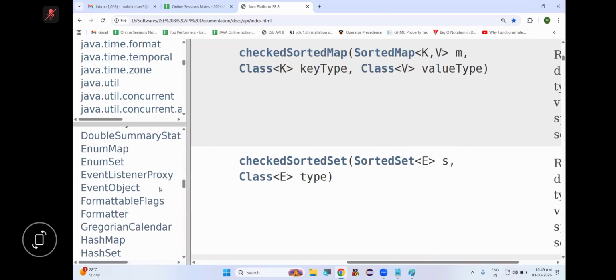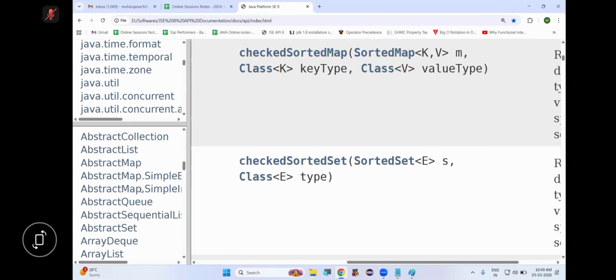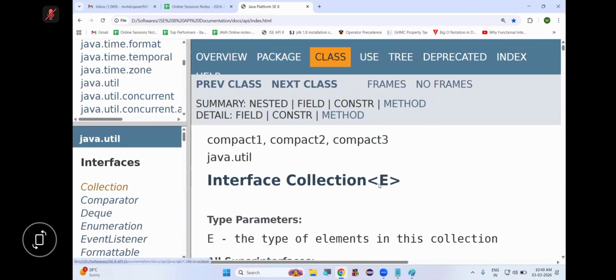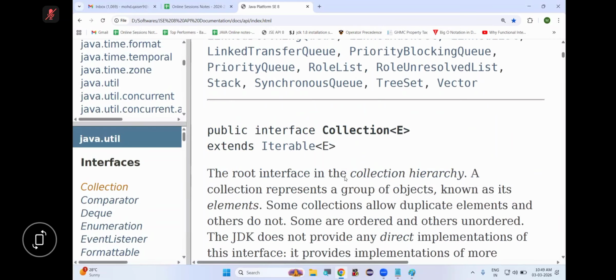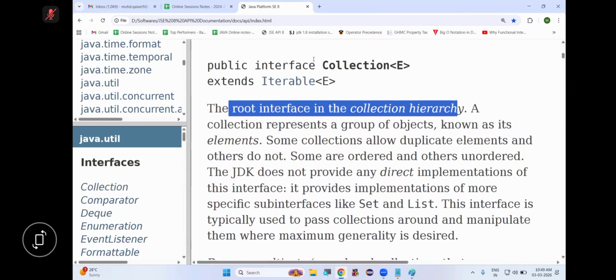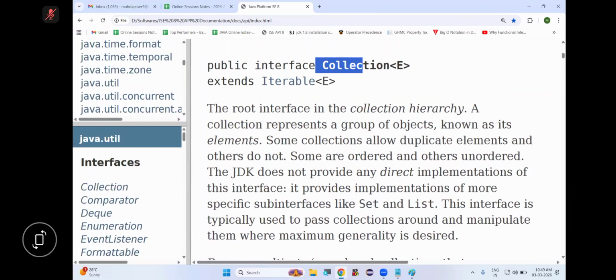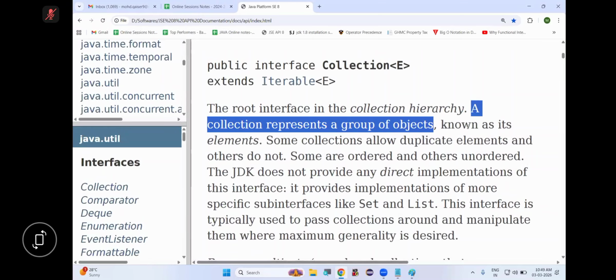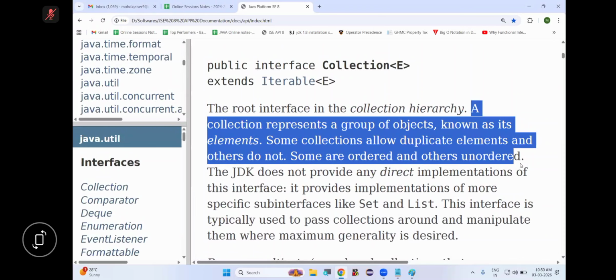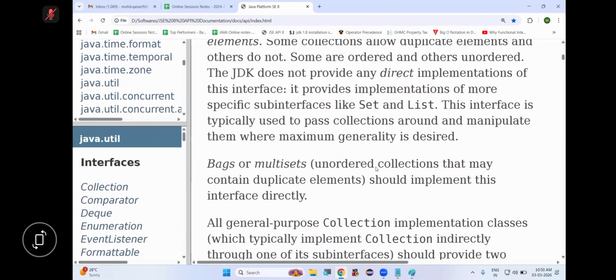Shall we? So go to collection interface in java.util package. Collection is an interface. The root interface in the collection hierarchy is collection interface. A collection represents a group of objects known as elements. Some collections allow duplicates, some do not. Some are ordered, some are unordered. So if you scroll down,